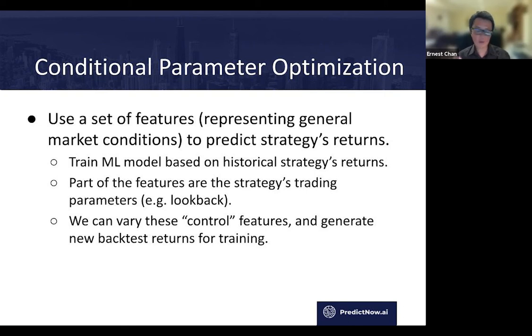Okay, so these are what we call control features. These are features that you can vary at will because it's a backtest, and therefore you're not at the mercy of the market. You can precisely vary them, in order for the model to learn from the past how it performed under different regimes, right? So